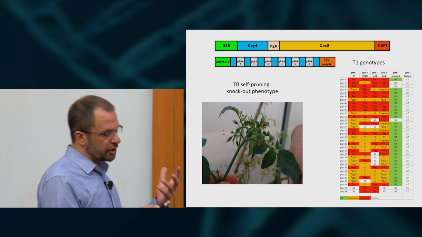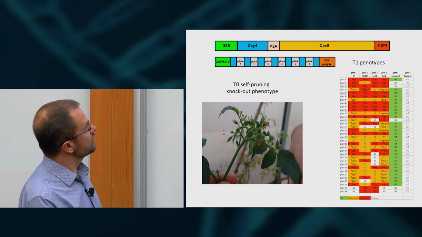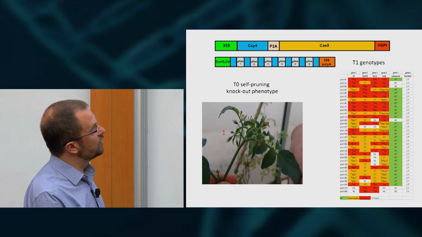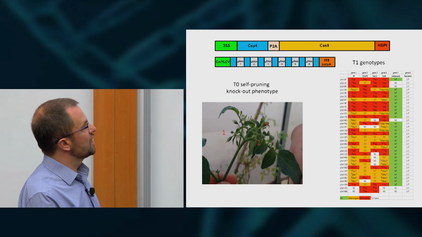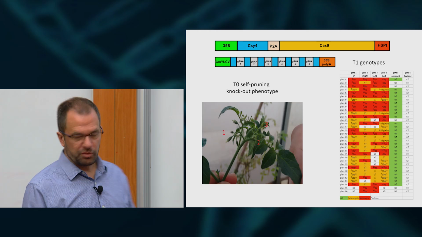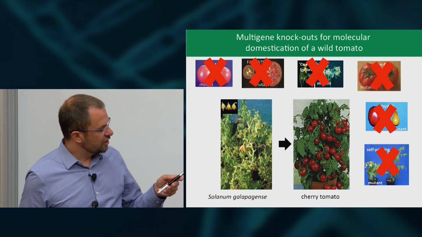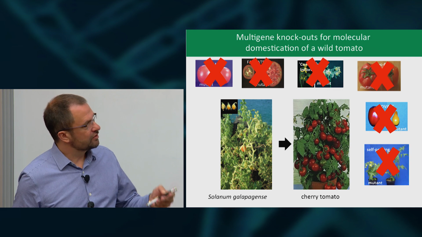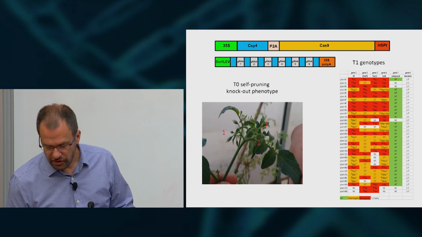Again, as this plant's growing and developing, we're knocking out genes, and then if we take the progeny, we actually get some homozygous knockouts, so we can see a change in the plant architecture. And then in the progeny from this plant, in the next generation, we have a number of them in which we have homozygous knockouts in 4 of the 6 genes. And so, as I say, this is an ongoing experiment, but we hope that we'll be able to see if, in fact, we've achieved our desired end, if we can take these weedy wild tomato relatives and convert them into something that looks more like the cultivated form of present-day tomato.